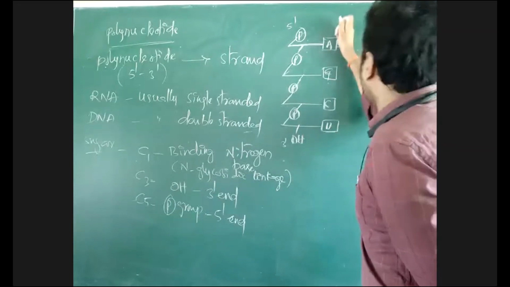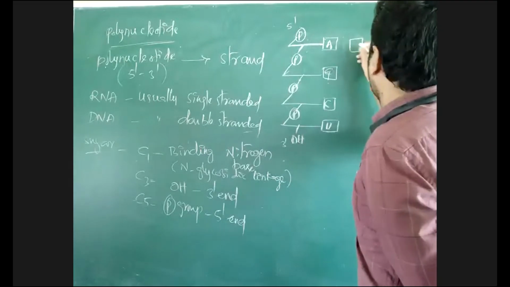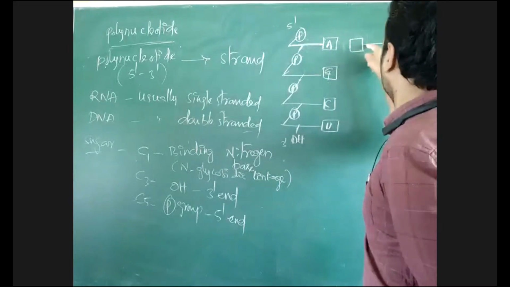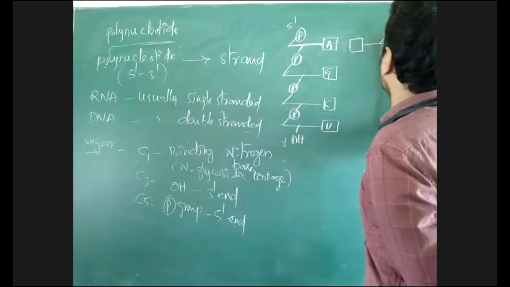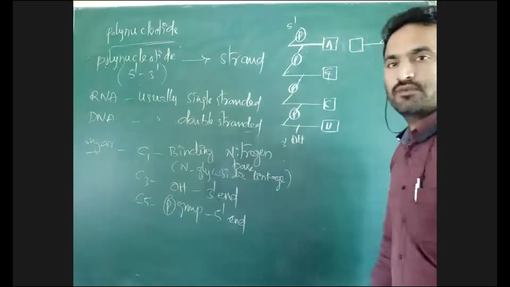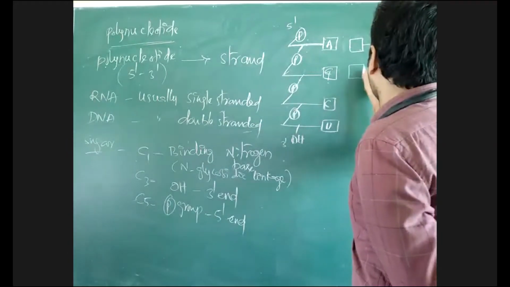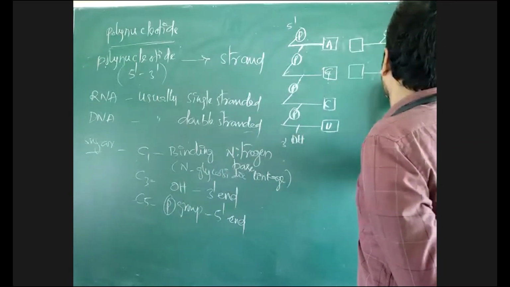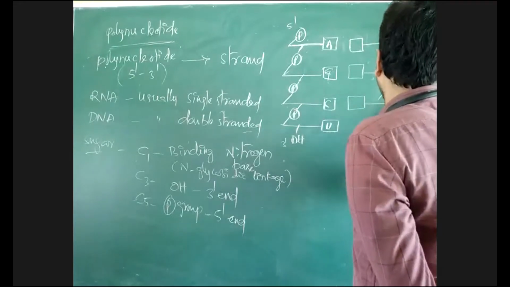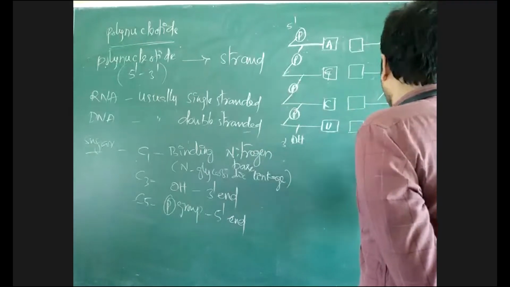Same. First, I will write a nucleotide chain, nucleotide backbone. This is first nucleotide. First 1, 2, 3, 4, 5 like that. 1, 2, 3. Third carbon has OH group. Fifth carbon has phosphate group. Okay. Similarly, one more nucleotide will be there. Like that, there is addition or joining of many nucleotides together to form a polynucleotide chain.